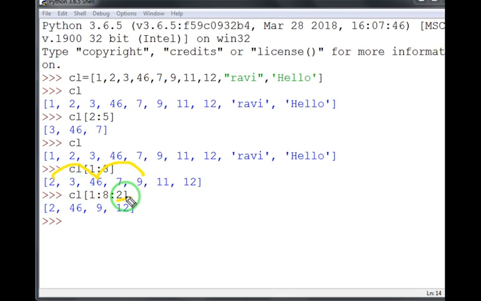If you write 2 over here, it will skip one value, displaying every second value: first number, second number, then first number, second number.